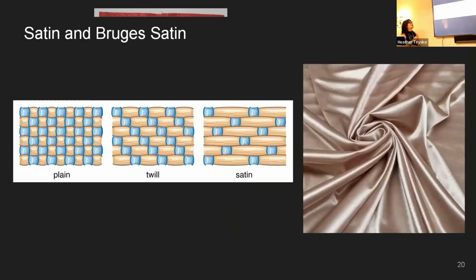So satin is another one where satin is the weave, and we can see here the very typical, very basic plain woven fabric is just over, under, over, under. Twill fabrics, the weft thread will skip over one of the warp threads instead of going evenly over, under, over, under. And then in a satin, you're skipping a bunch of threads. And that skipping is what creates this very liquid, soft, floating surface, which of course means the chance of snagging it and ruining it is very high, but it's all in that weave of having these